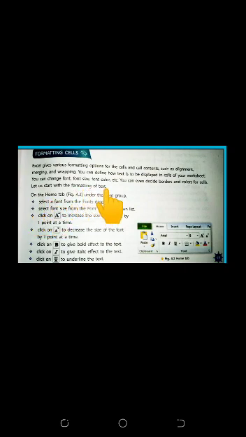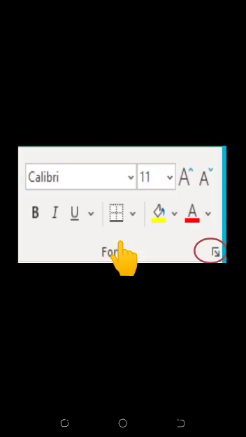So for doing formatting, you will click on the Home tab. Where you will go? You will click on the Home tab under the font group. Look at this. This is our font group. In the Home tab, by using these options, you can change the appearance of text, appearance of cells.